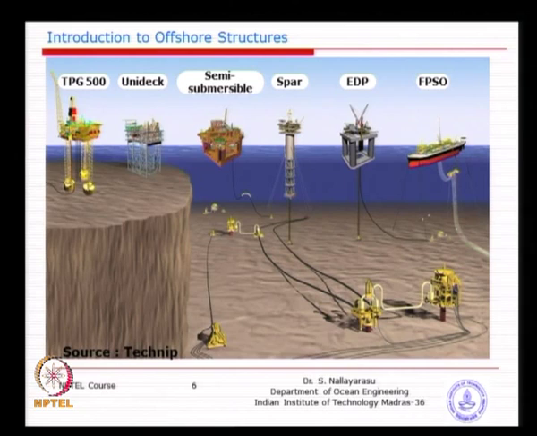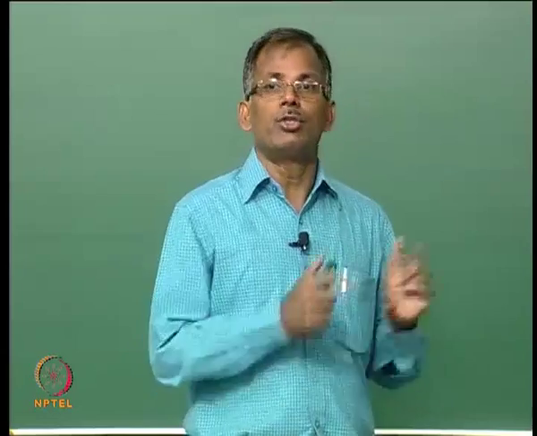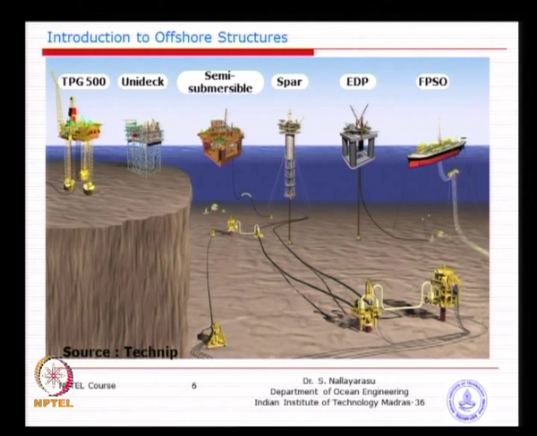Basically, this is a very good concept developed around the 1980s, for marginal fields. Yesterday we discussed marginal fields, where pipelines are very expensive and the location is very far. In such cases, what you need is to produce and store, and the oil tankers, shuttle tankers, will come and offload and then transport to land. So, you need a temporary storage, that means you need to have a storage tank. This type of ship will have chambers, you can store the produced oil and later on transfer to the cargo ships or cargo tankers, which can transfer the cargo to the land.